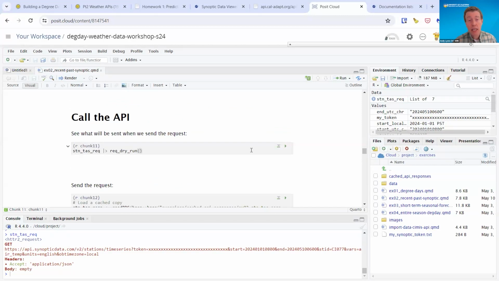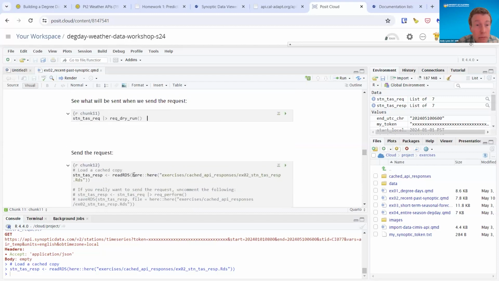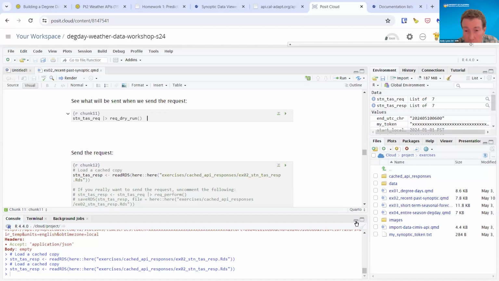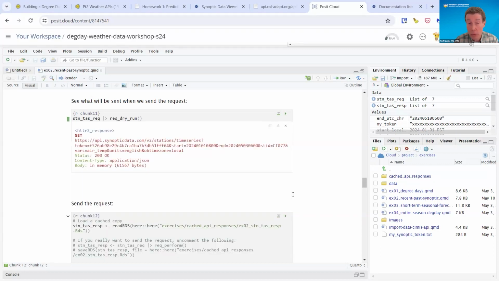And then finally, we can call the API. We've created our request object. Code chunk number 11, we'll do a dry run and save it to, it's not printing out the results. Oh, let me close this up. And then code chunk number 12 is where we actually call the API. So if you run code chunk number 12,